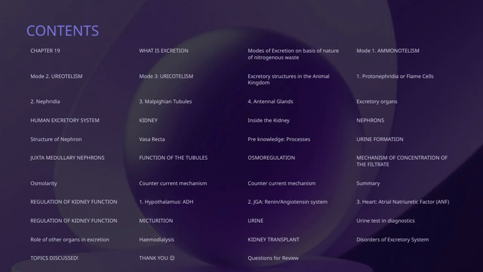The structure of the nephron, including the function of its various parts, such as the tubules and the vasa recta, is fundamental for understanding how urine is formed and concentrated. Finally, topics like kidney transplants and the importance of understanding these mechanisms are highlighted, emphasizing their relevance in medical science